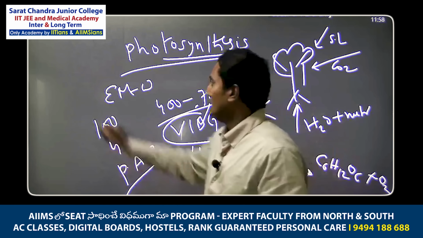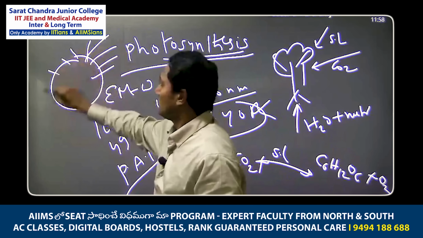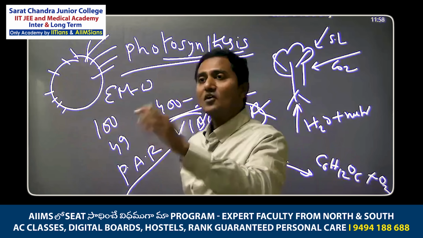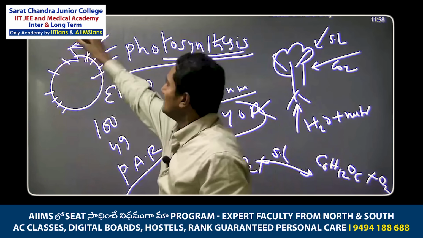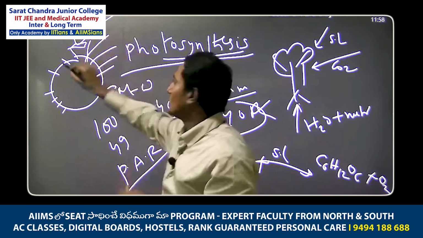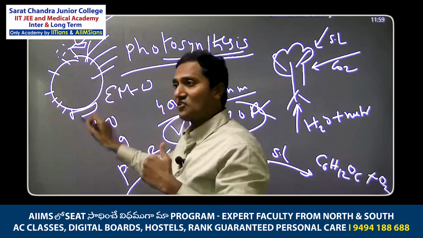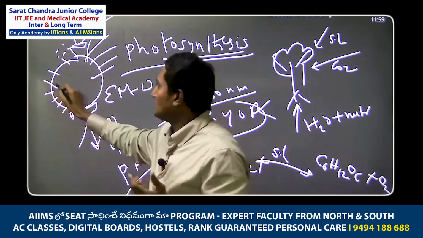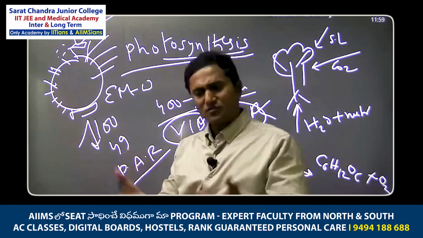Also, friends, if this is Earth, sun rays fall everywhere on the Earth. However, most of the sun rays do not even reach the Earth. You know why? Because of clouds, they get reflected. Because of dust particles, they get reflected. In the polar areas, there is ice, so they get reflected. And in many places, there are no plants also. Deserts, no plants. Many parts of the ocean, no plants.